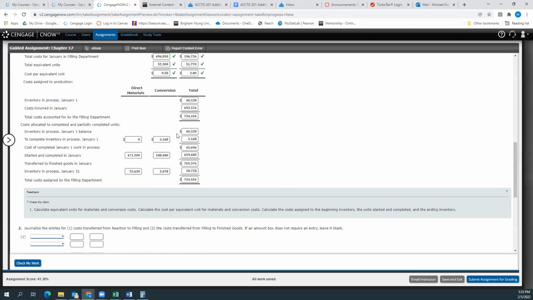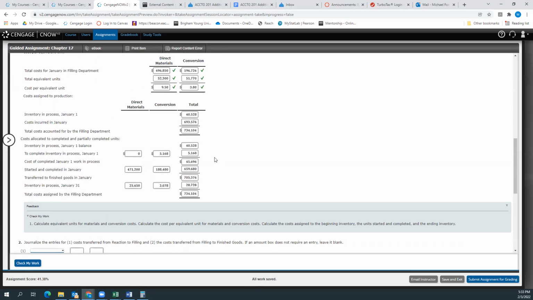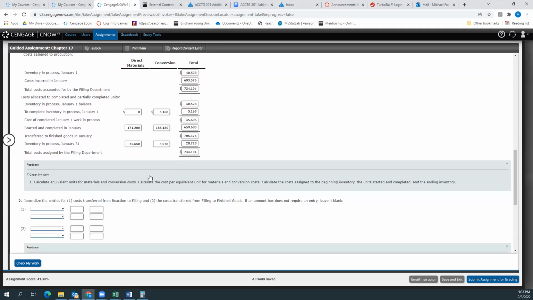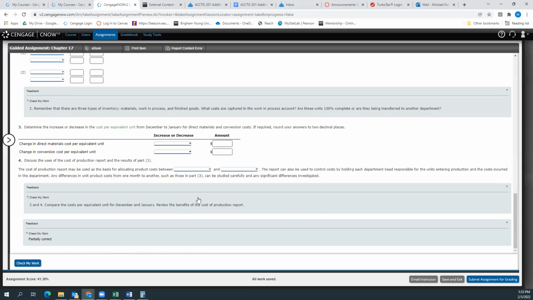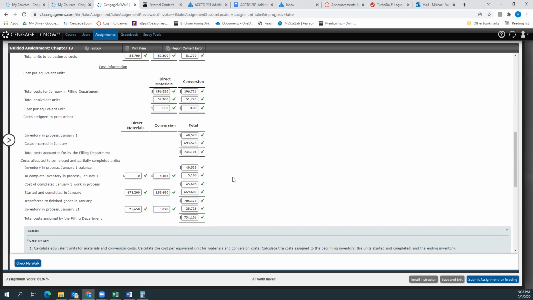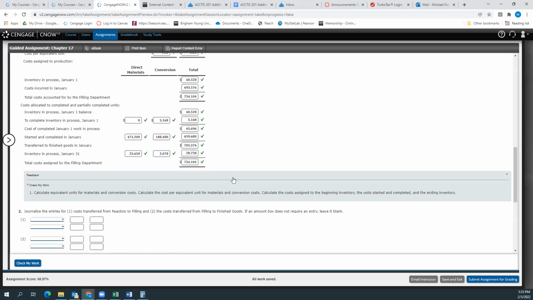So this sort of spells out where all these costs come from. And really, it's just a matter of multiplying the equivalent units in each of those sections times the cost per equivalent unit. I'll check my work, make sure I didn't make any mistakes because I'm going to carry some of that forward. Looks like we're good. So part 2 is that we're going to journalize the entries